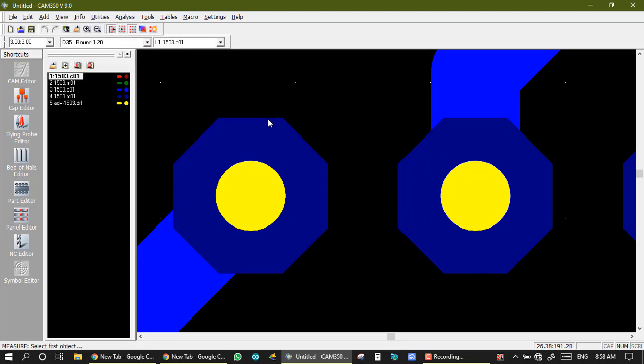In object, this place is all an object, and this is all an object. So if I measure from object to object, the software automatically takes the center of any place or object. Like this is my object, and if I click here or here or here, it takes the center here. This is the center of this object. So that is object to object measurement. The software automatically takes the center of one object and the center of the second point. So if I click here, and then here,